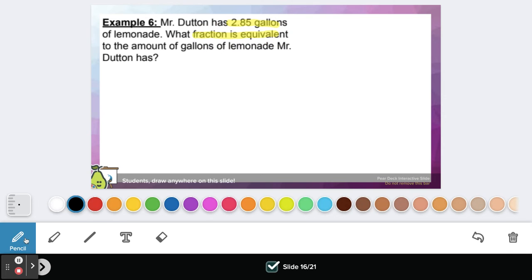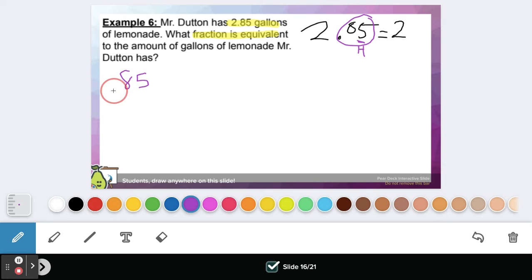So now we're working backwards, okay? So again, if I have 2.85, for this one, it's going to be a little bit different. So I want to know the fraction equivalent, okay? So I know I have 2 wholes, so this is going to be a mixed number. So what we're going to work with is this decimal portion right here, okay? Since this is in the hundredths spot, I'm going to have 85 over my 100,